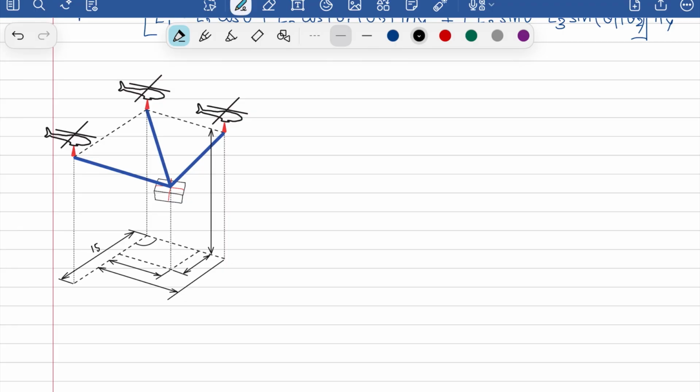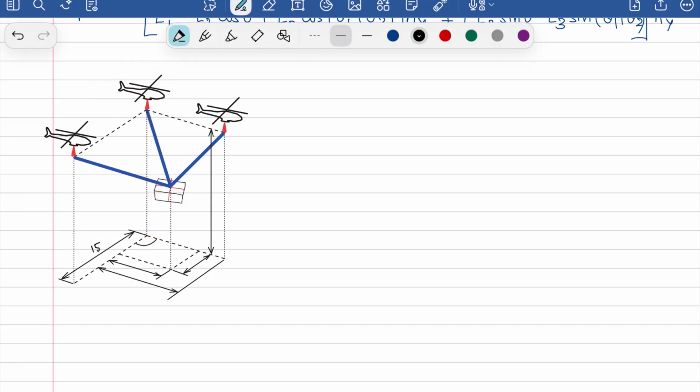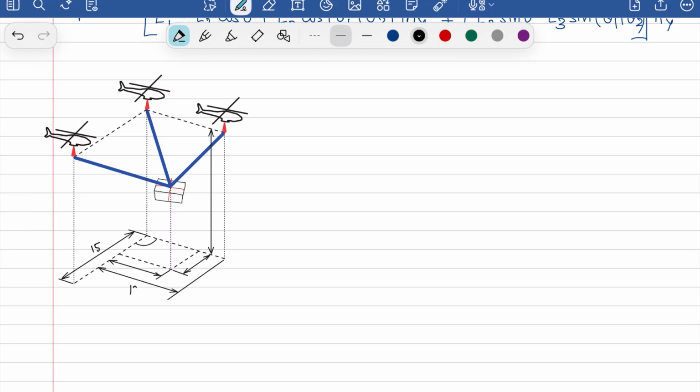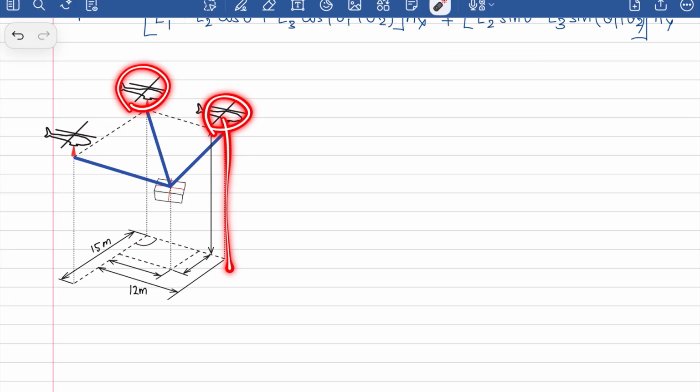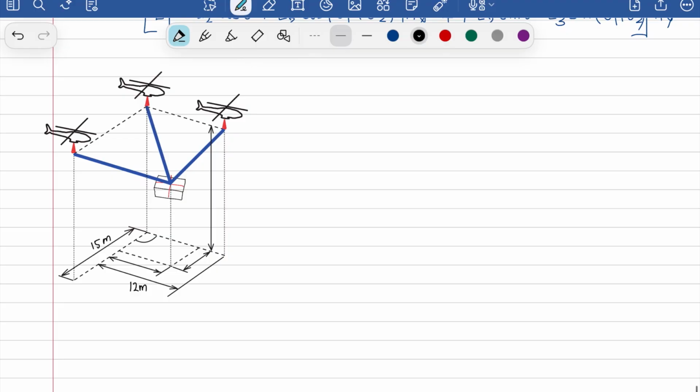So it's 15 meters from the position below this helicopter is your second helicopter, and 12 meters from that helicopter is this one. Okay, now the problem is that they're not at 90 degrees, so they're at an angle of theta. Okay, so you have some theta angle between them, and now